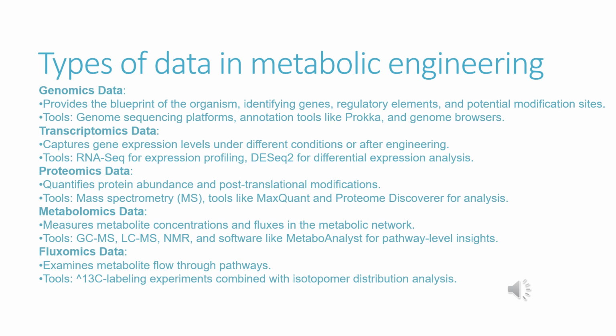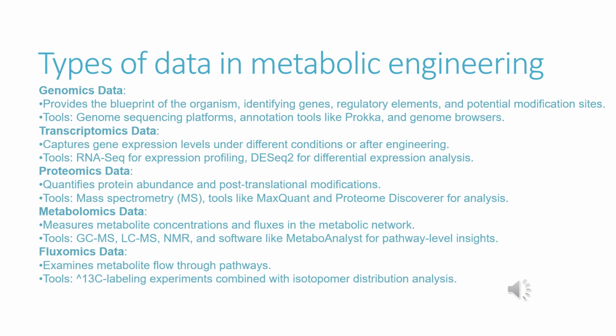The next one is transcriptomics data. It captures the gene expression levels under different conditions or after engineering the strains. It involves tools such as RNA sequencing for expression profiling, DESeq2 for differential expression analysis. The next kind is proteomic data. It involves the quantification of protein abundance and post-translational modifications. The tools involved in this category are mass spectroscopy, which involves tools like MaxQuant and Proteome Discoverer